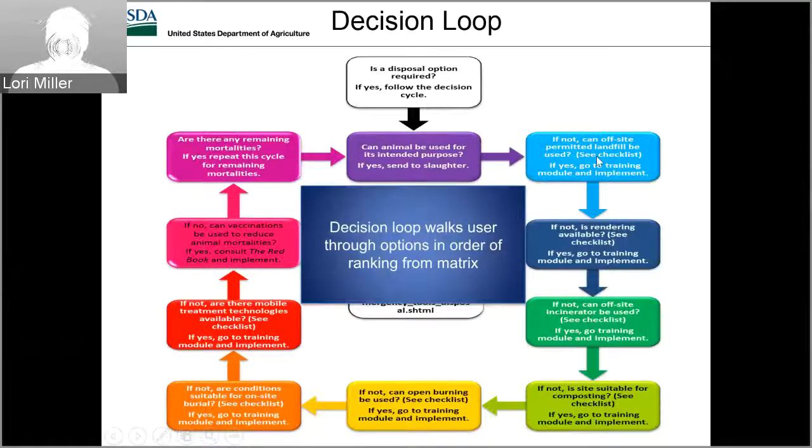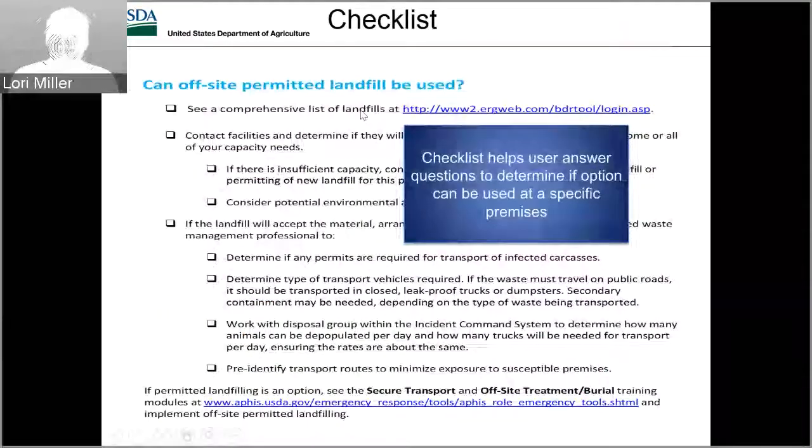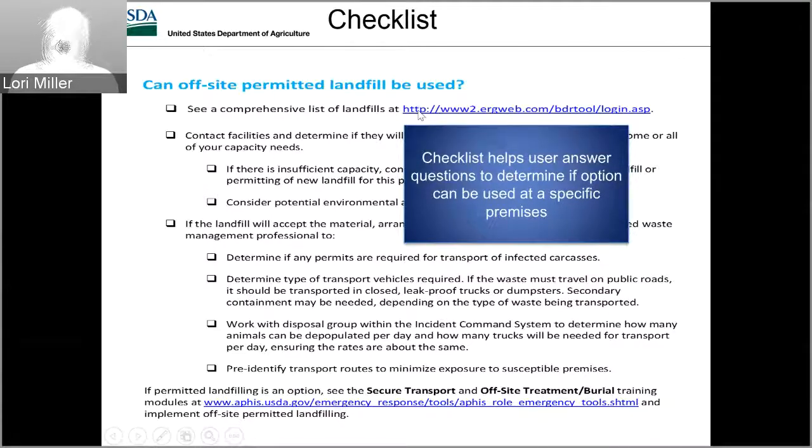So the checklist looks like this. It's a very detailed list of questions. First, it sends you to that EPA database I mentioned, where, now that you're at Acme Farm in Akron, Ohio, okay, let's see what landfills are nearby. So you go to that database, you type in the information, answer the questions. It'll give you a printout of your landfills, and then you contact the facilities to see if they will take the material. If not,